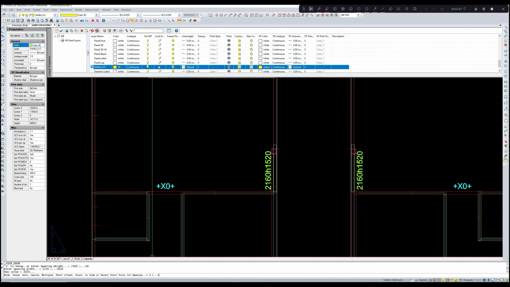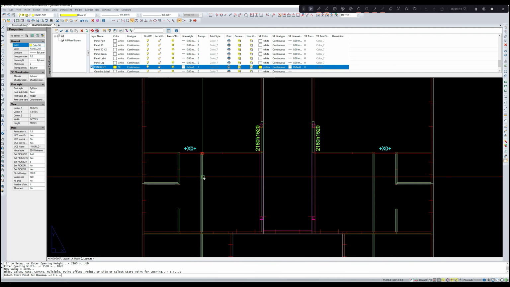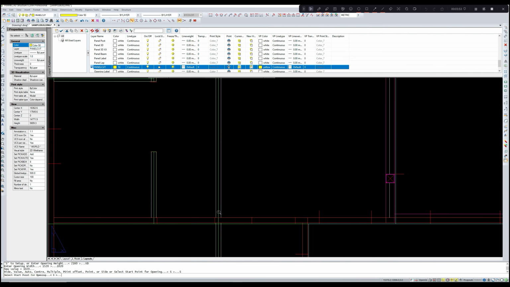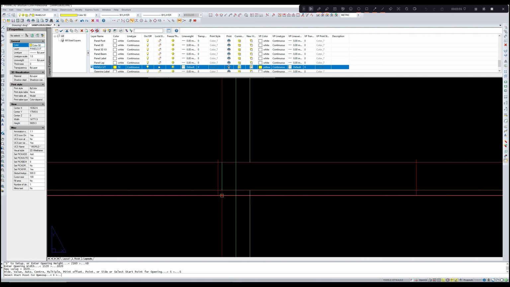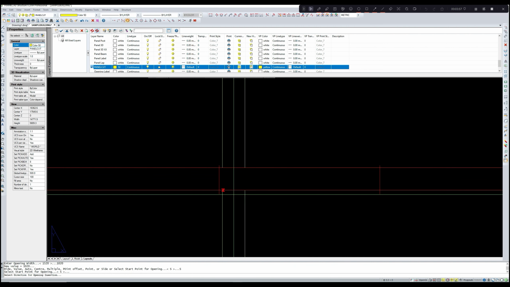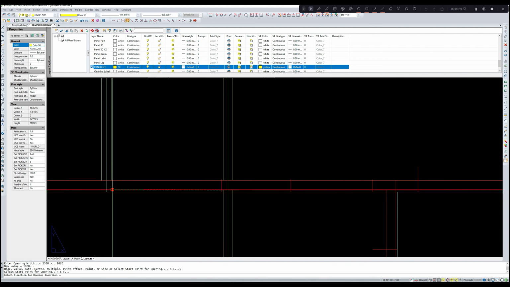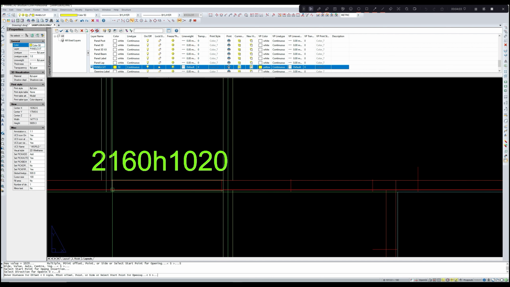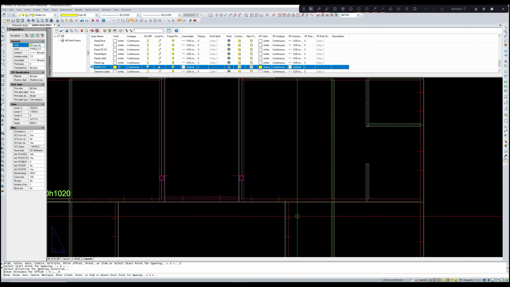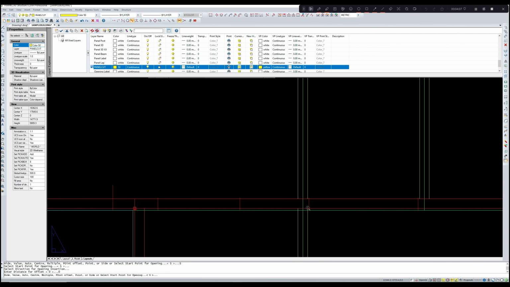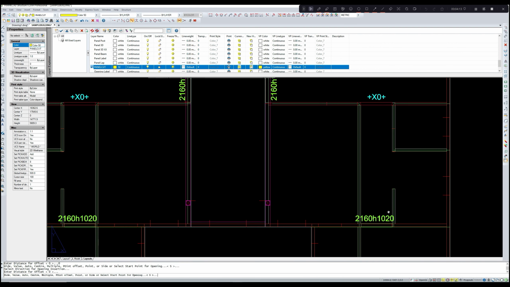Again we'll select from the side. So let us select at the junction of this point to the direction of this here. Then offset distance is 0, enter 0. Then again at this point enter. We have the door